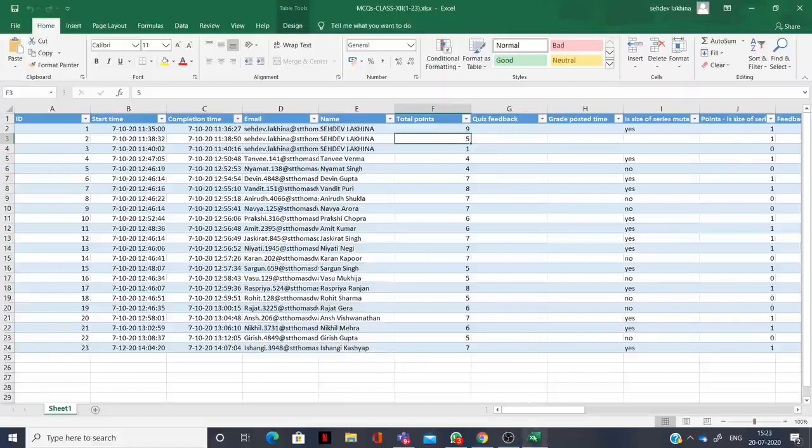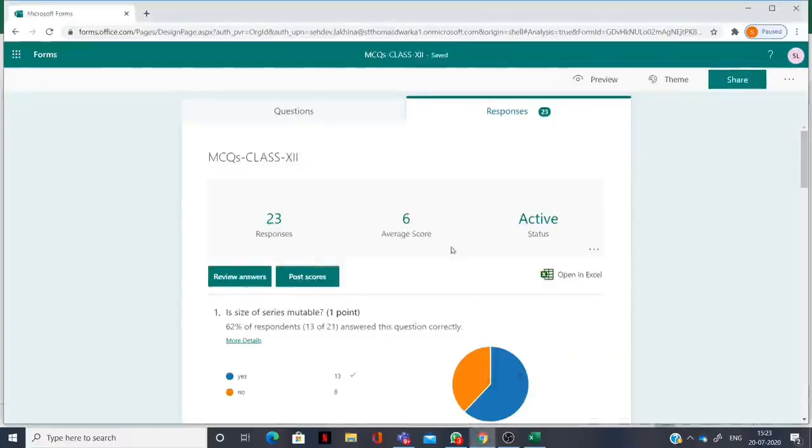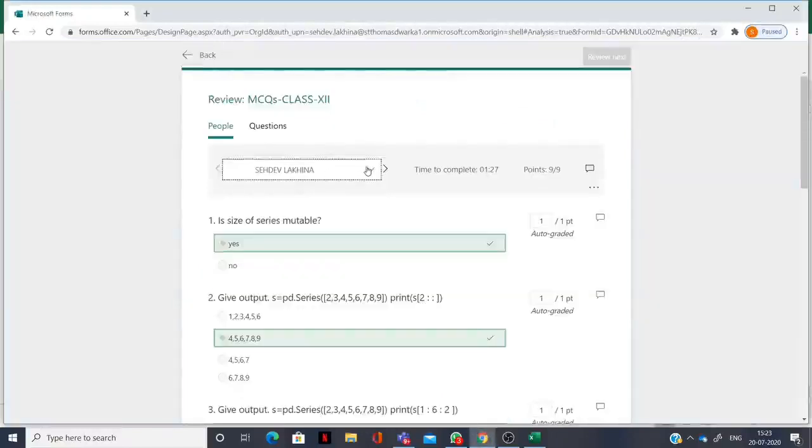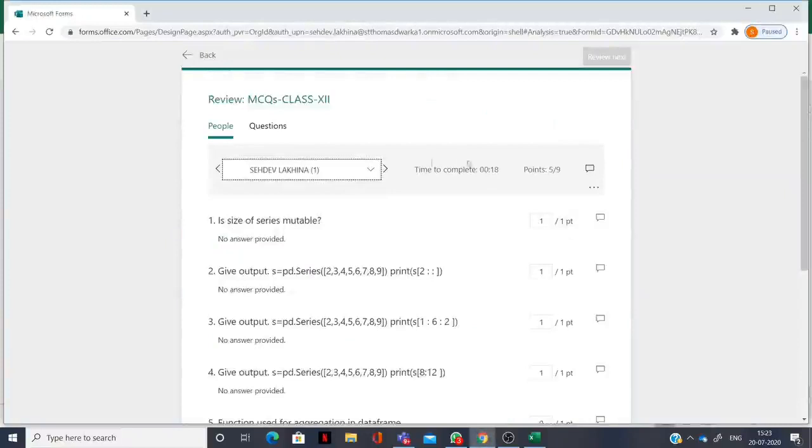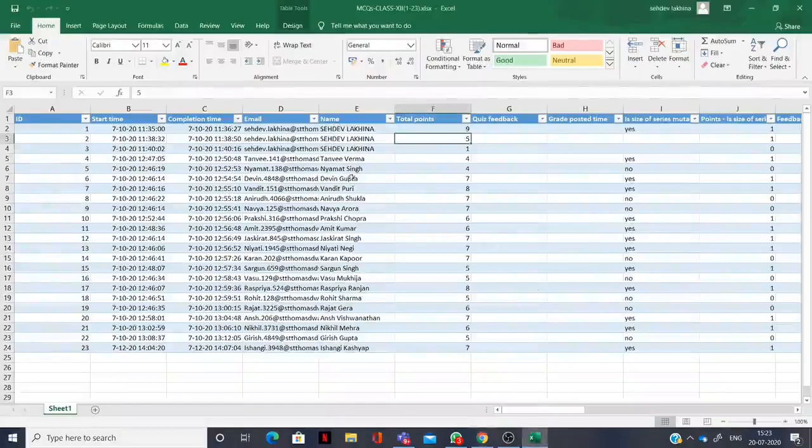I am showing you again in review answers: Sahdev Lakina 1, 5 is here, 5 out of 9, this one Sahdev Lakina 1, 5 marks out of 9. So you can see how this review answers option is beneficial for all of you.